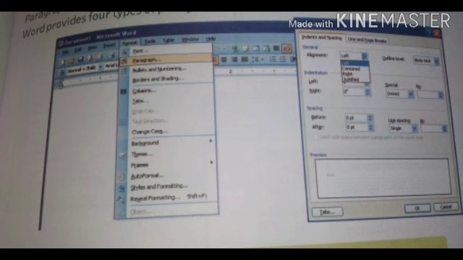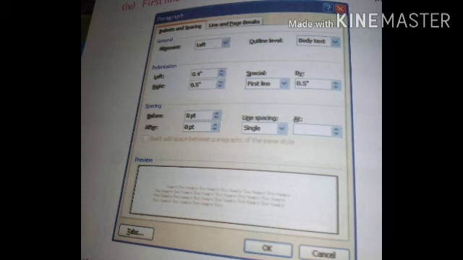CTRL plus Shift plus W, underline single word. CTRL plus S, save. CTRL plus A, select all. CTRL plus F, find. CTRL plus H, replace. CTRL plus G, go to. CTRL plus Z, undo last action. CTRL plus Y, redo last action. CTRL plus Shift plus less than, enlarge size by 1. CTRL plus Shift plus greater than, shrink size by 1.